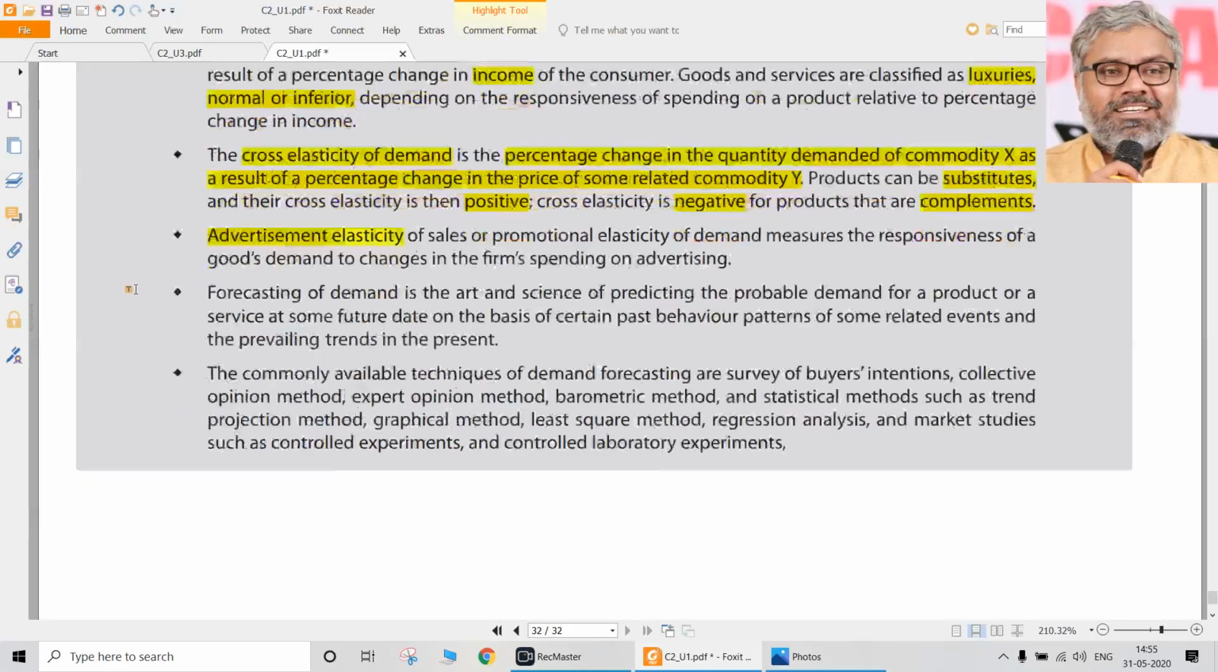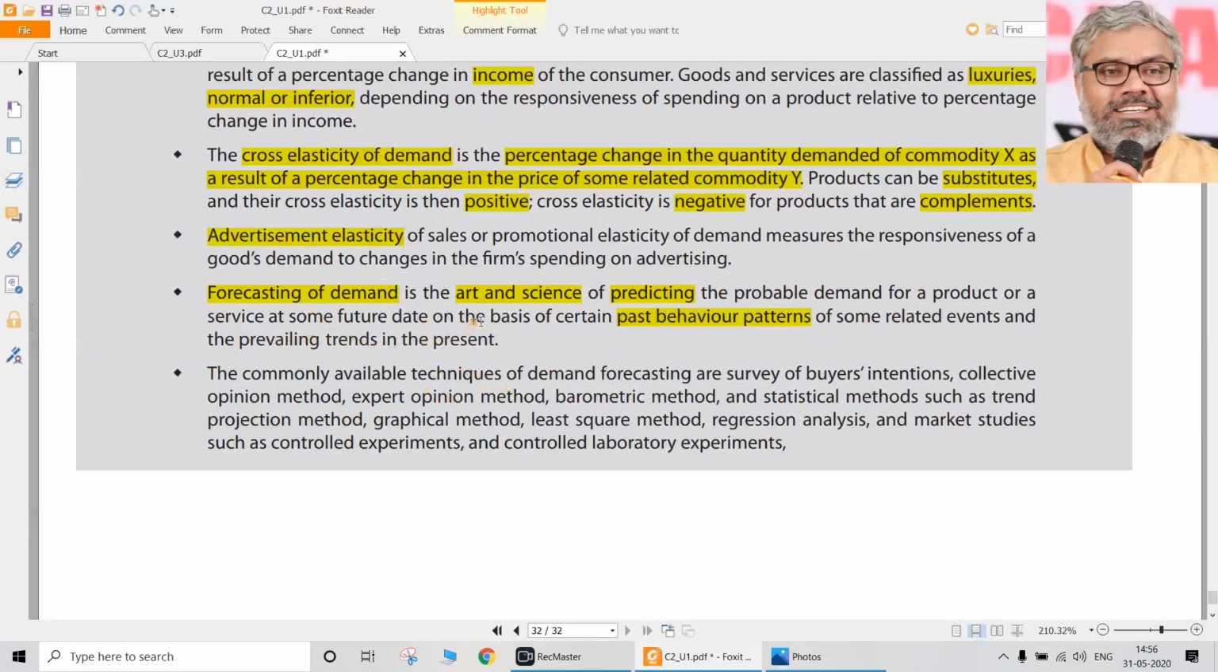That's it. After that, we discussed a concept of forecasting of demand, which is actually an art and a science of predicting the probable demand for a product or service for the future. Of course, we have to take the past behavioral patterns on the basis of which only the future can be predicted, and also some of the events and trends prevailing in the current market conditions will be used to forecast